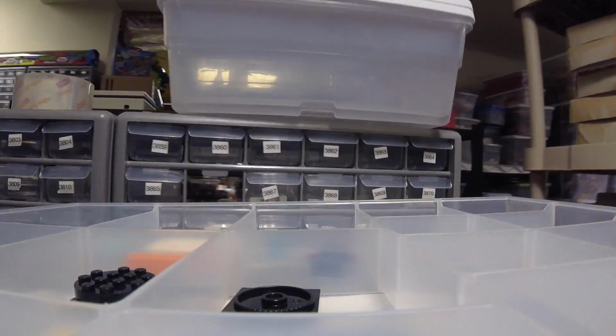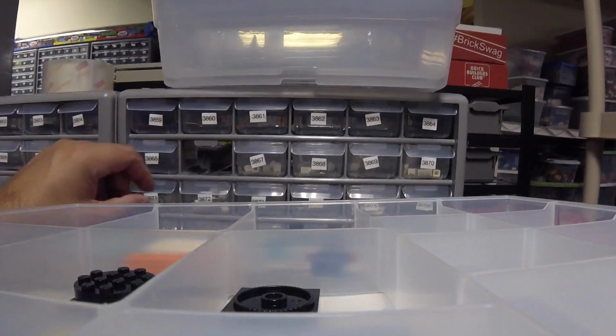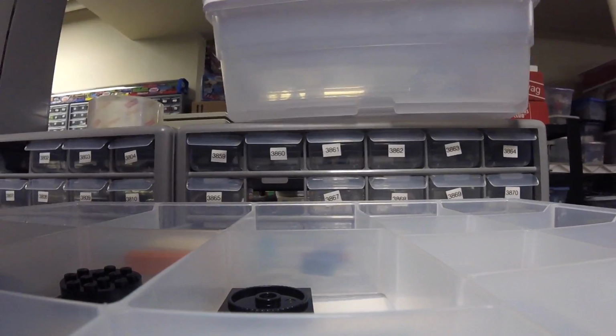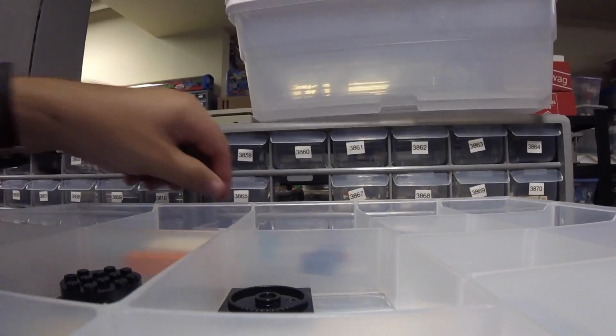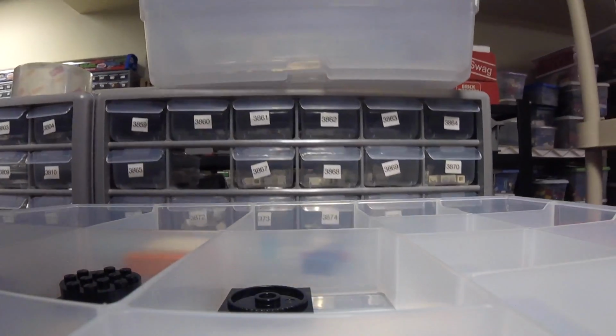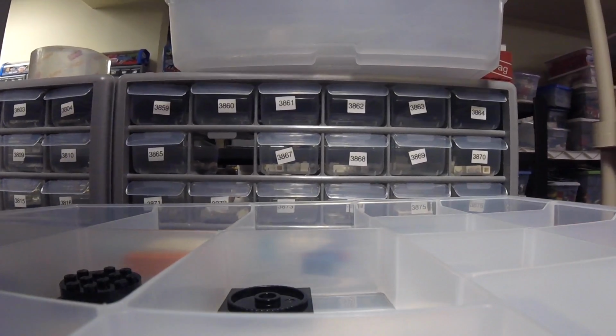3871. These new drawers are already selling. These are things I just recently added, just bought these stack-ons, so it's nice to see items from them sell. Got a 1x1 headlight white brick there. We got an arch here,